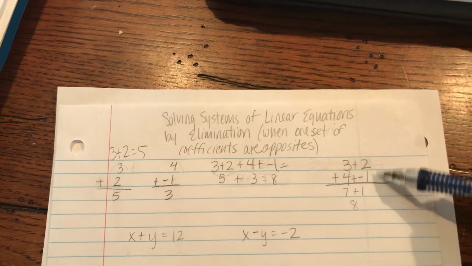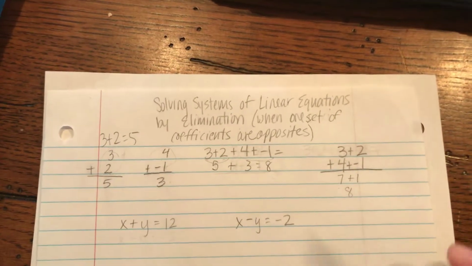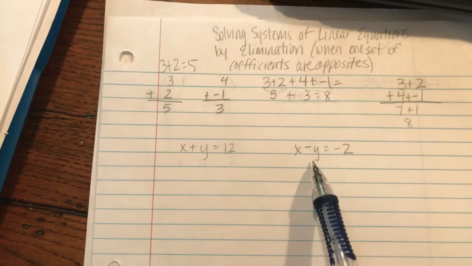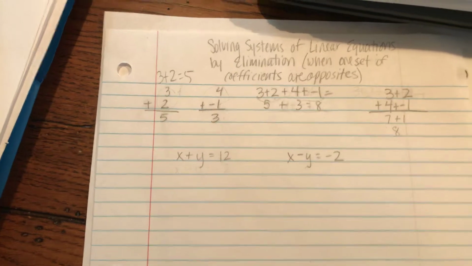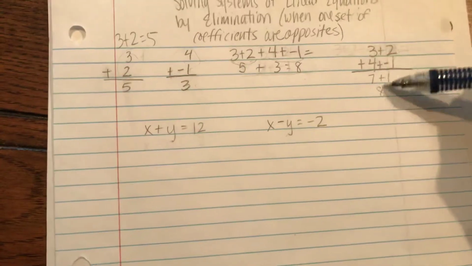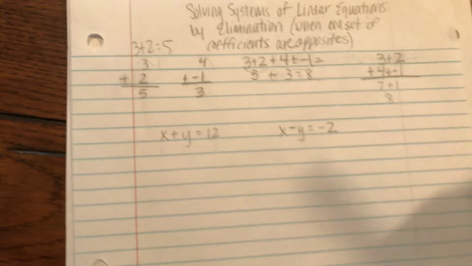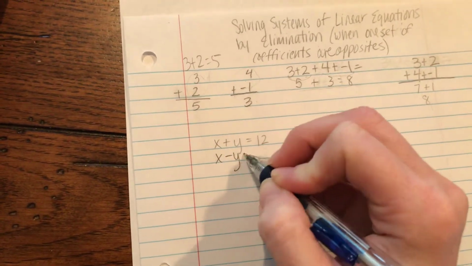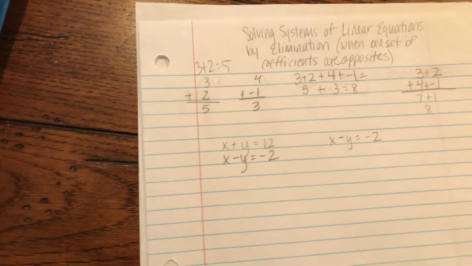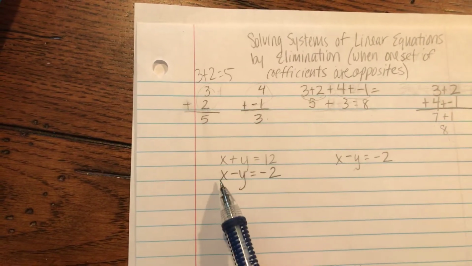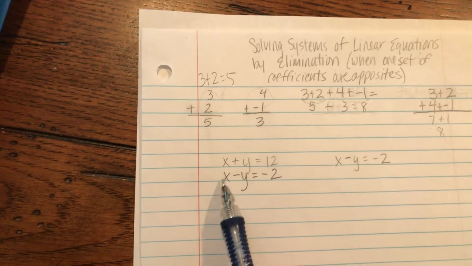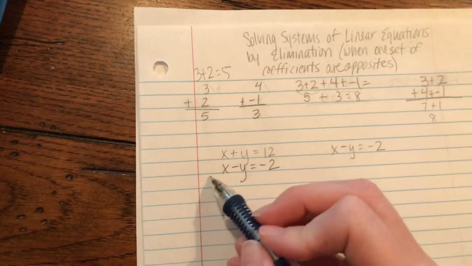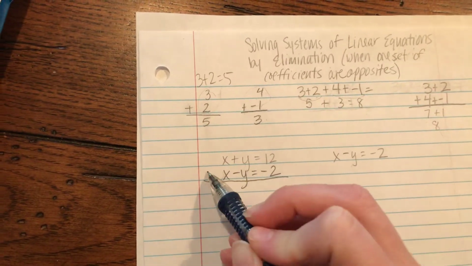We're going to use this idea, but throw in some variables. So let's say the two equations we're working with are x plus y equals 12 and x minus y equals negative 2. I'm going to rewrite them so that they're above each other, like this one was. X minus y equals negative 2. And this works best when the x's and the y's are in the same order, so x lines up below x and y lines up below y. And I want to combine these two